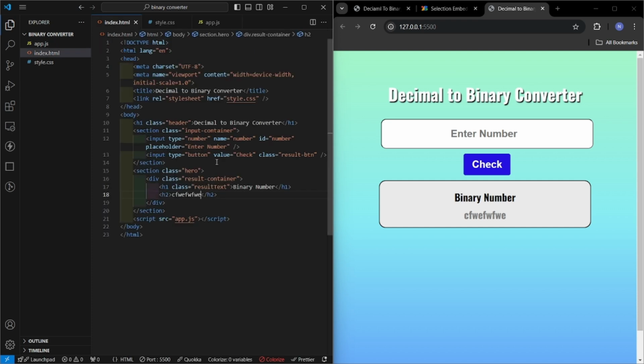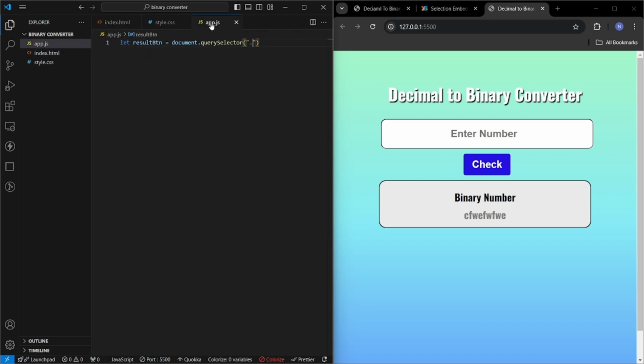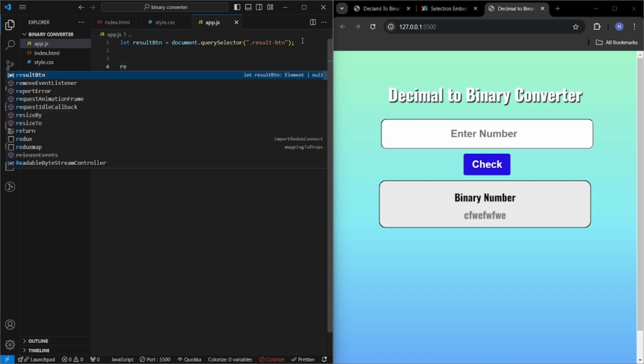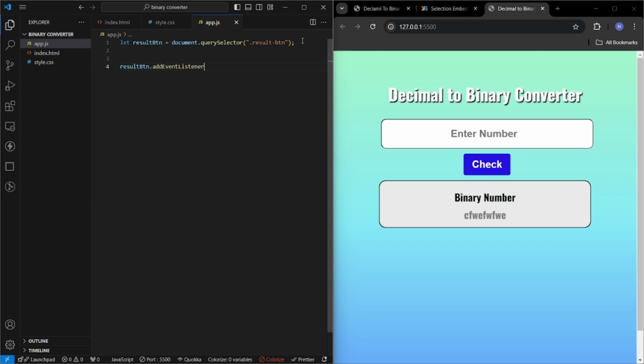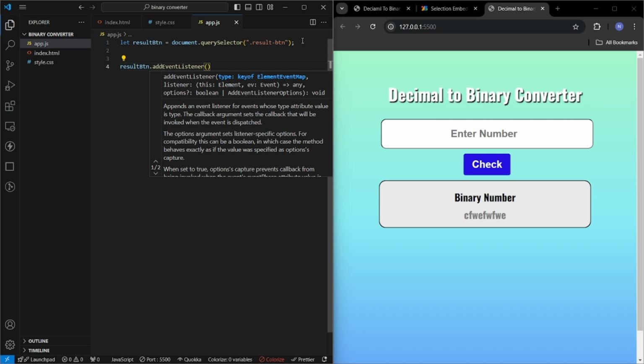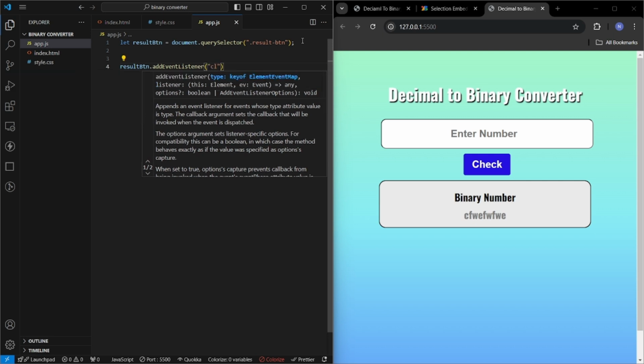Let us copy this button class so that we can avoid any typo here. After this, let us add an event listener to this button. So when this result button adds an event listener, I want to add the click event here. On the click we'll run a function